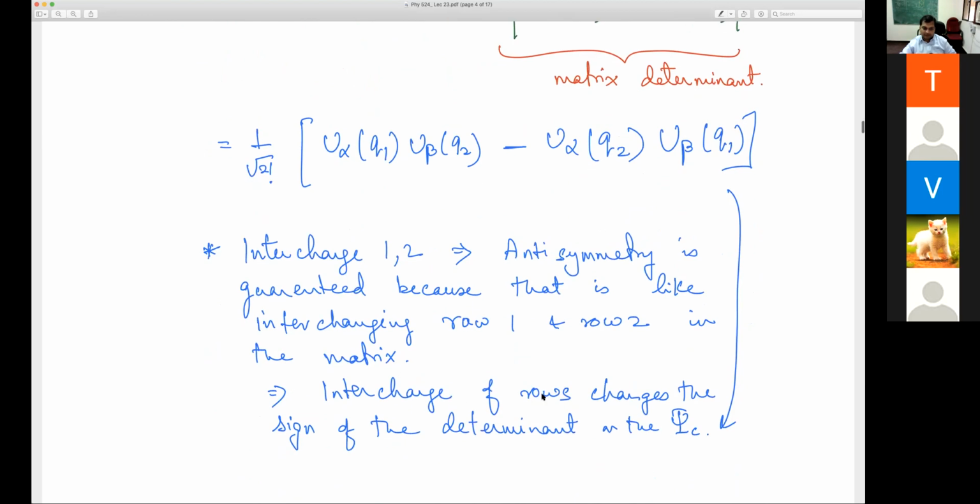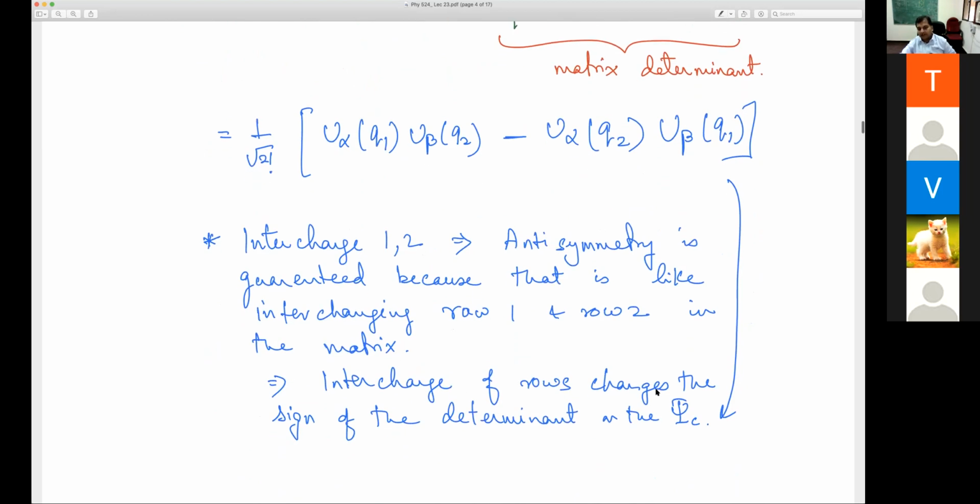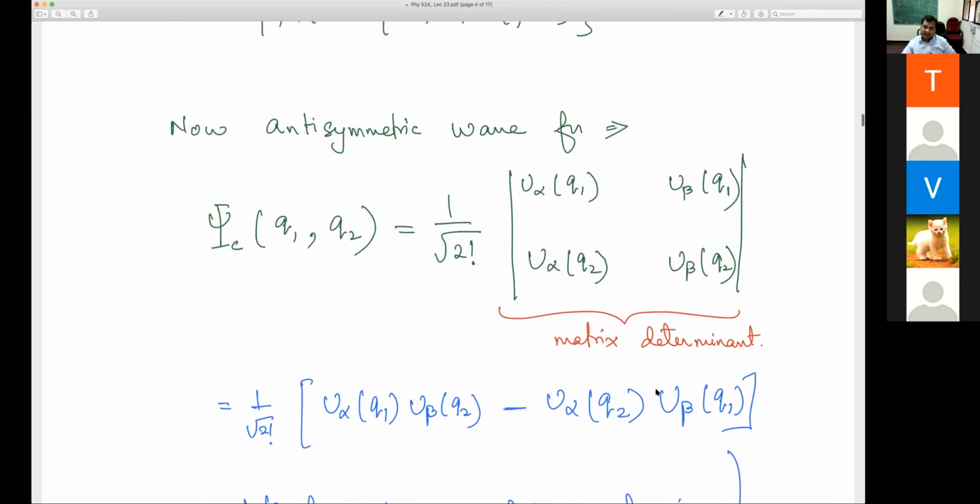So interchange of rows will definitely change the sign of the wave function. And we do not worry about interchanging the columns, because the state labels I've just fixed. Let's say I arranged them in increasing order of energy by some single particle rule, and I'm just following that. So the states I do not change. States are just boxes, so I do not care. I can write the second level first and the first level second. That is okay. But which particle I put into these boxes is important, because my particles are indistinguishable.